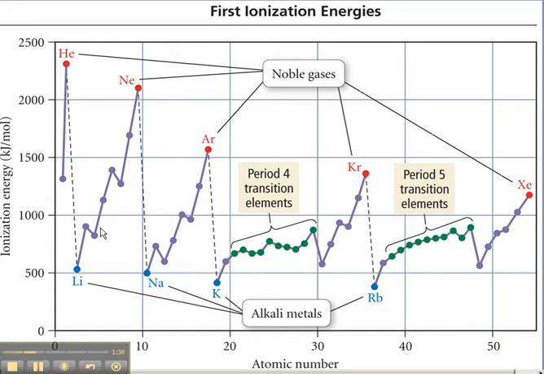Now as we go to carbon, again less effective nuclear charge, held less tightly, easier to remove. As we go to the next element, nitrogen, also lower effective nuclear charge, held less tightly, easier to remove the electron. You'll notice then when we jump to oxygen, we get a slight decrease in